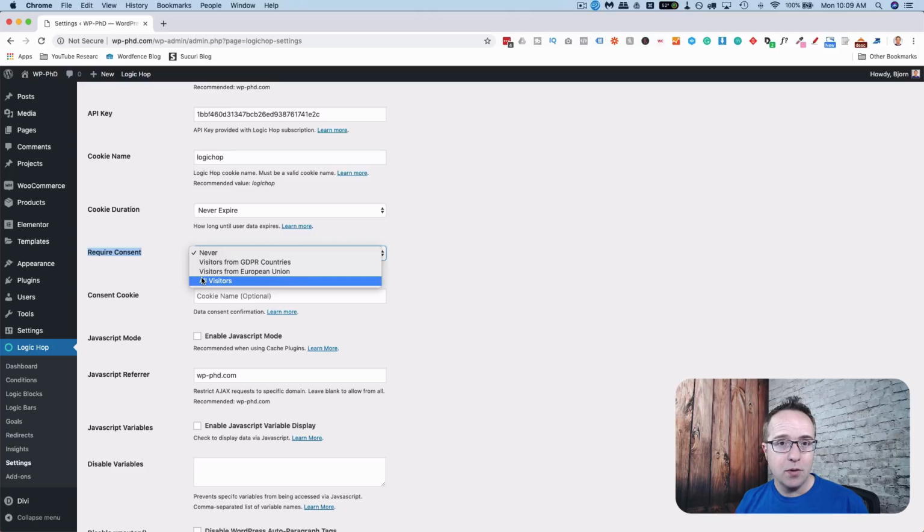And if they say no, personalization with LogicHop still works, but it only works for the current session. There is no data stored in a cookie, not in a WordPress transient, nowhere besides the current PHP session, which is erased once they leave the website. So even when they opt out, things like conditions, logic bars, logic blocks, geolocation, query strings, registering actions on the site, all those things still work if they opt out. Just doesn't work beyond the current session. And I've linked to a help page in the description down below if you want more information about the consent